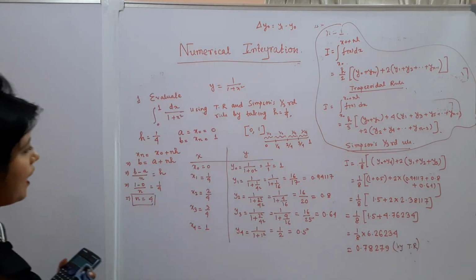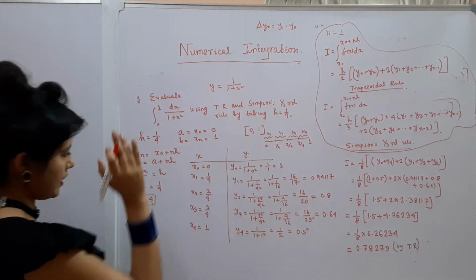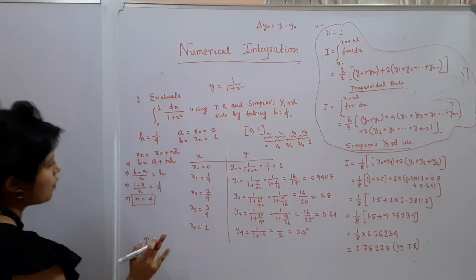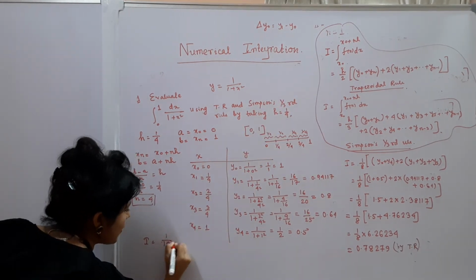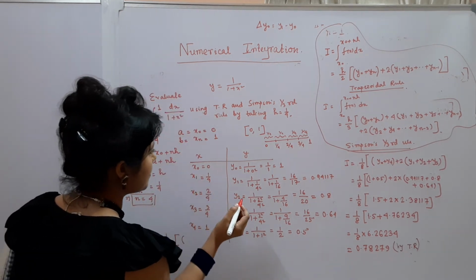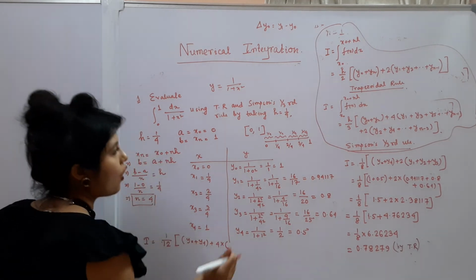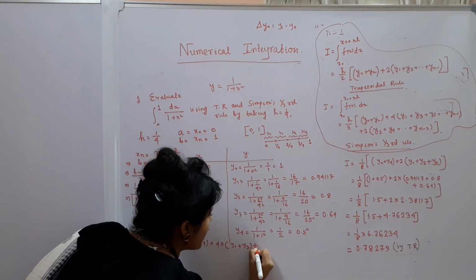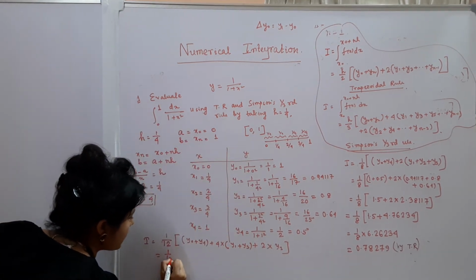Now our next problem is, you have to evaluate this by Simpson's 1/3 rule. So by Simpson's 1/3 rule, the factor is h by 3. H was 1 by 4, and h by 3 means 1 by 12. Then y0 plus yn, this is y0 plus y4 plus 4 into the odd terms, y1 and y3, y1 plus y3, plus 2 into the even term. Even term is y2 only. So 2 into y2. So 1 by 12.